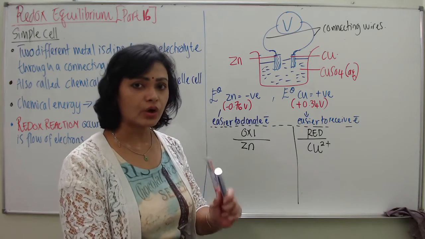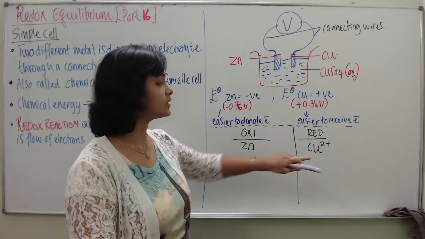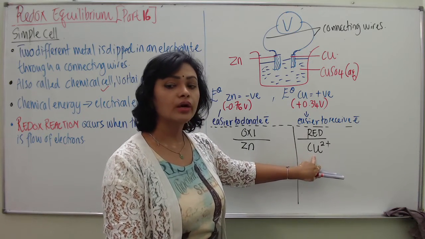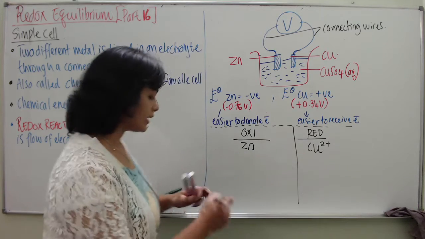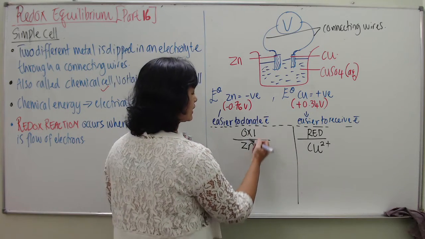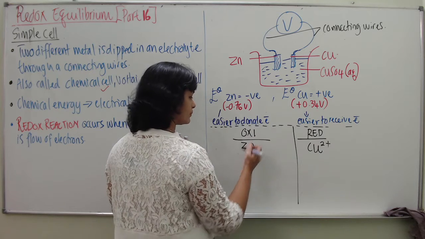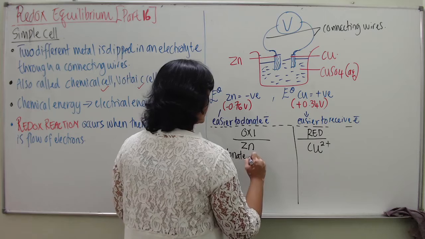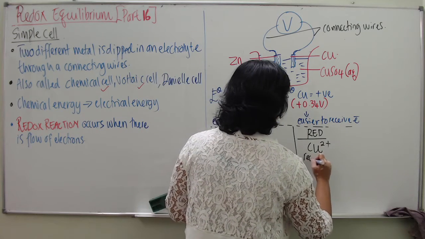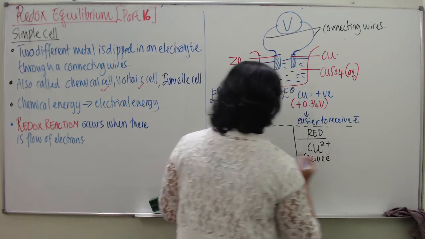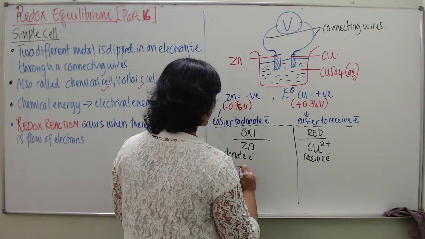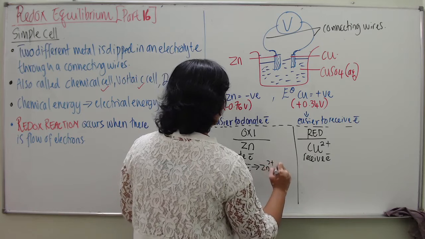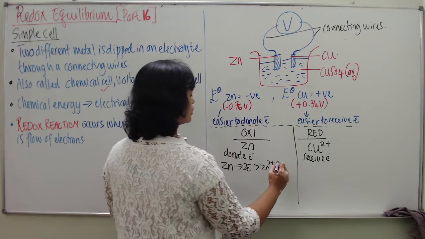Only metal ion can receive electron. So that is the reason why teacher wrote copper 2 ion goes through reduction. Alright. Now, why are you telling that zinc goes through oxidation? Zinc goes through oxidation because it donates electron, while copper ion receives electron. So half equation: zinc donates 2 electron to become zinc ion, that produces the value